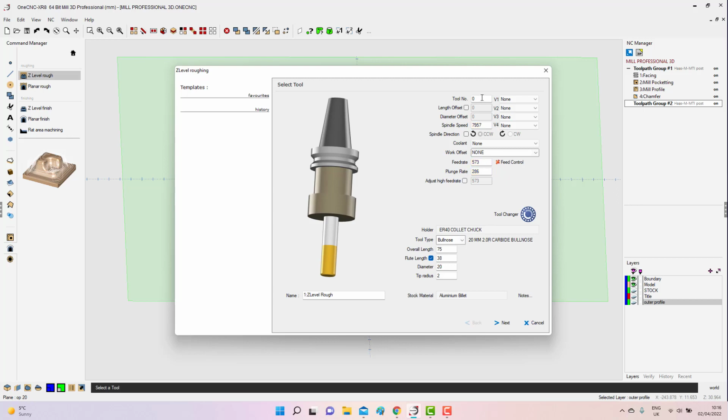We could obviously machine the top face off with a standard facing cycle, or you can let the Z-level roughing cycle do it for you. So we're going to allow the Z-level roughing cycle to do it. So we're going to give ourselves a new tool number. We give it some coolant, work offsets,